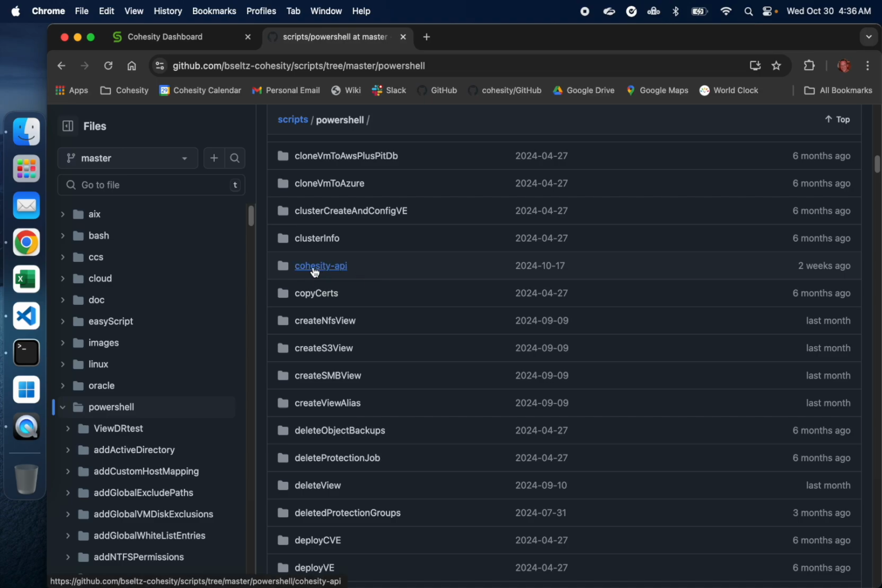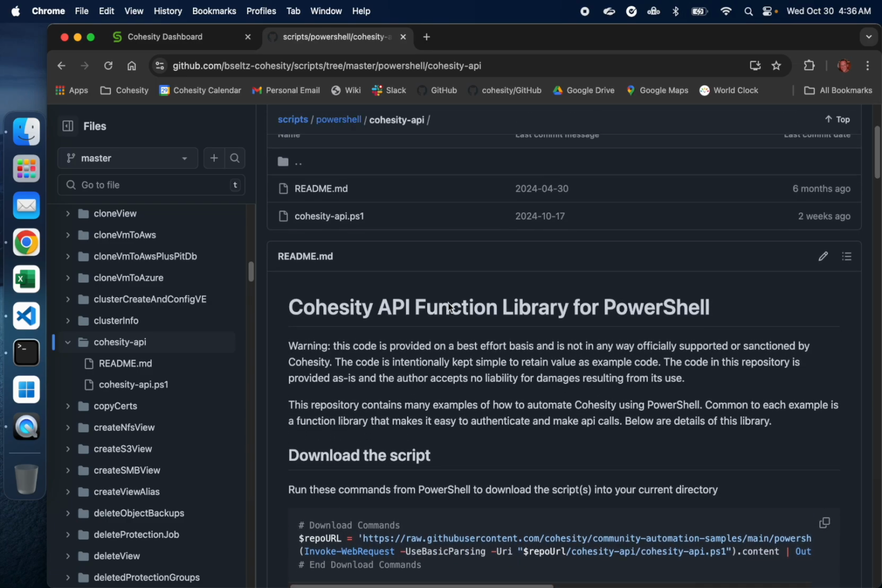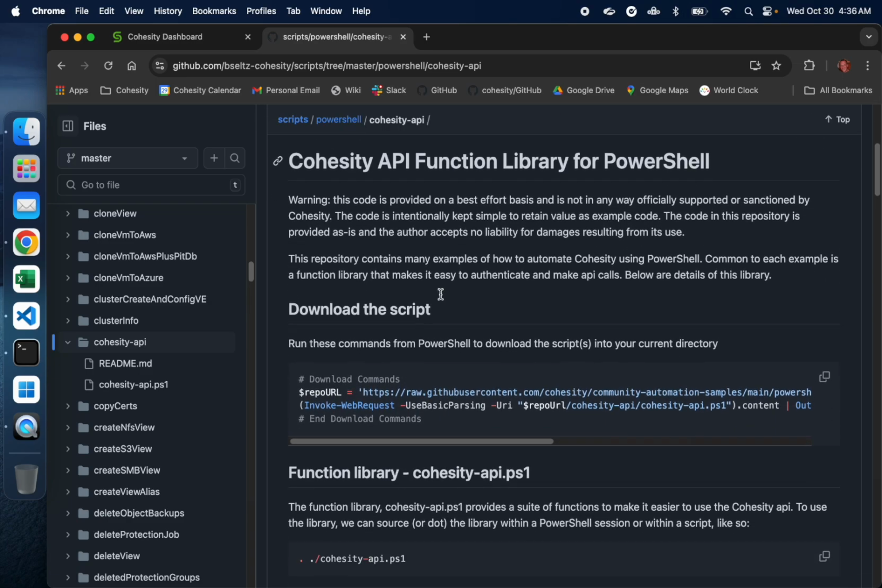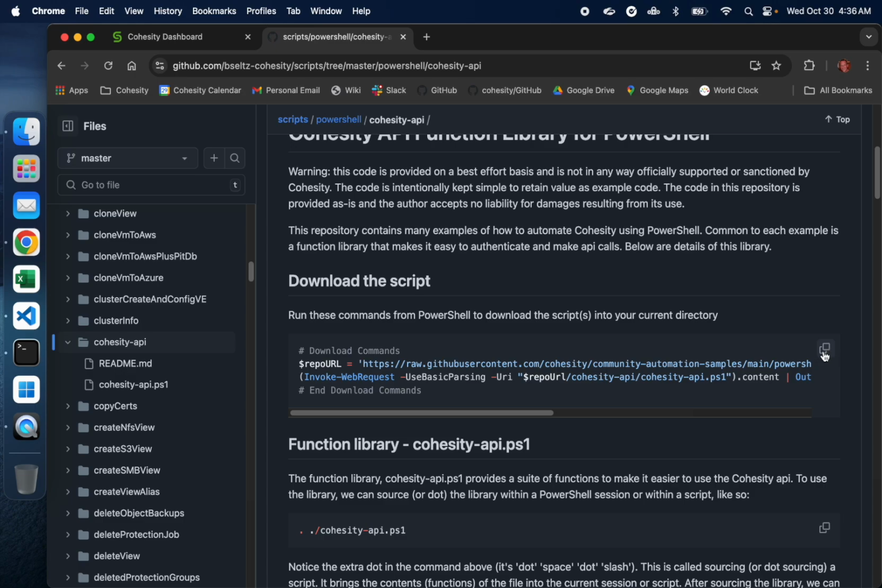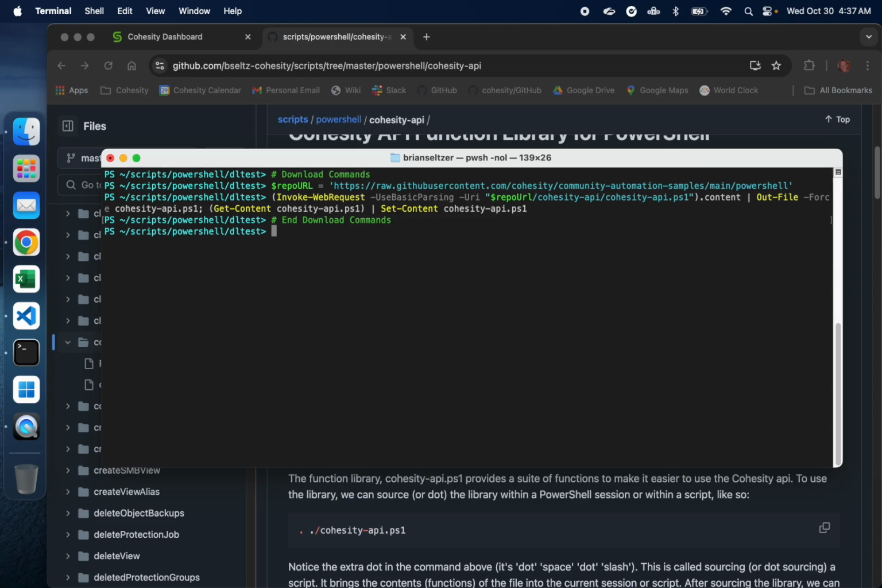function library called Cohesity-API.ps1, and I provide you with download commands that you can run in PowerShell. Hopefully your PowerShell session can reach the internet. If so, you can copy these commands, go to PowerShell, and paste them right in, and it should download that file,